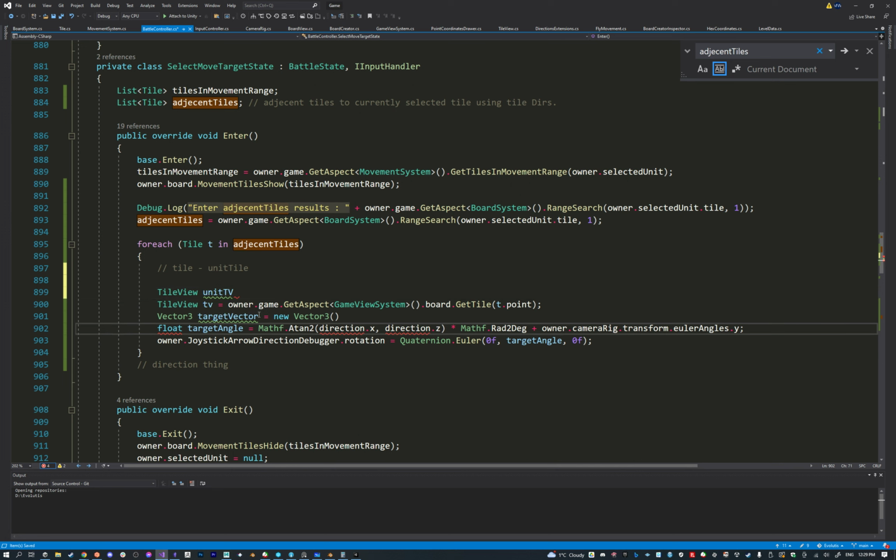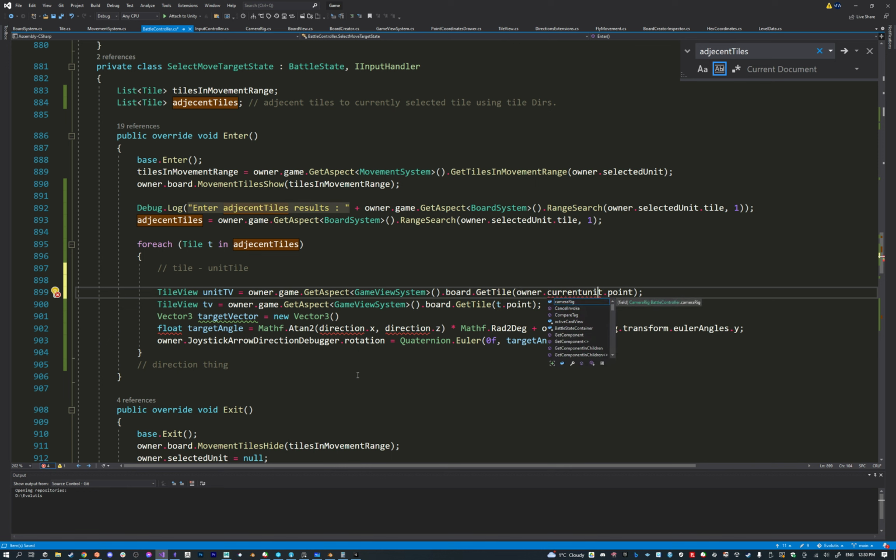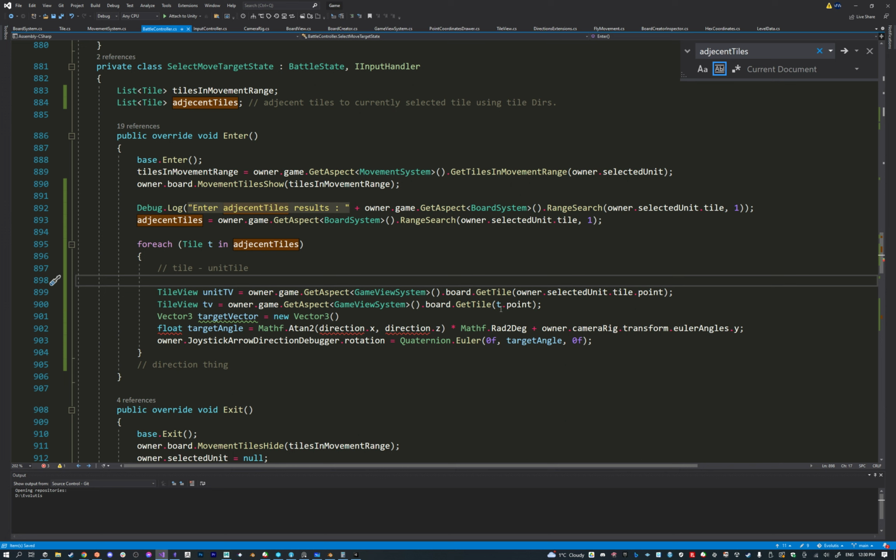And I'm going to do that by doing this again. By going here, and instead of putting tile.point, I'm going to go... do I already have it anywhere? No, I don't. I want to go owner dot current unit. No, it doesn't have that. Unit, selected unit dot tile dot point. Now I have the unit and I have the